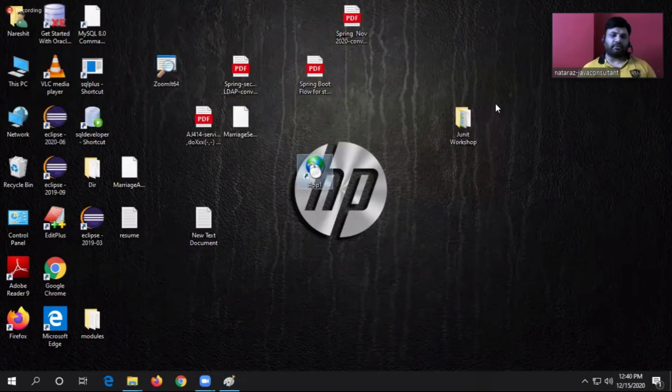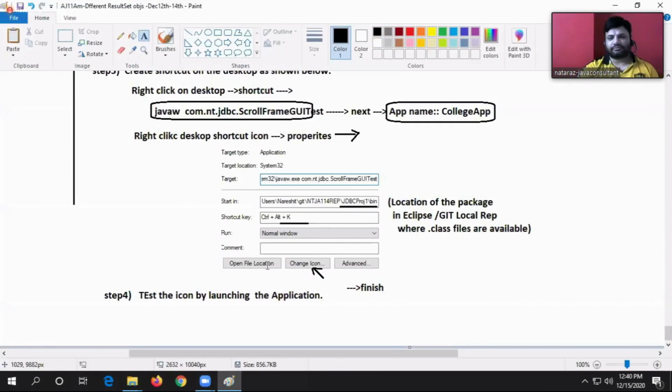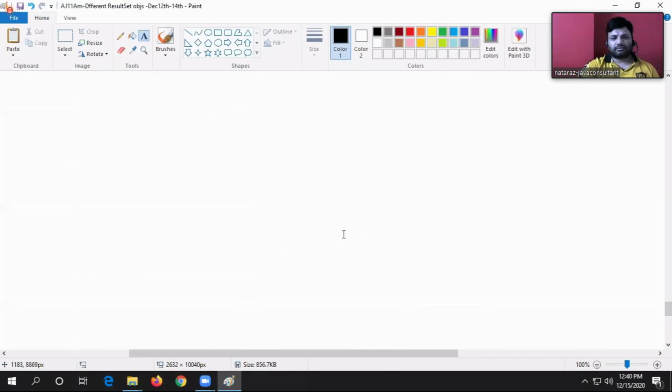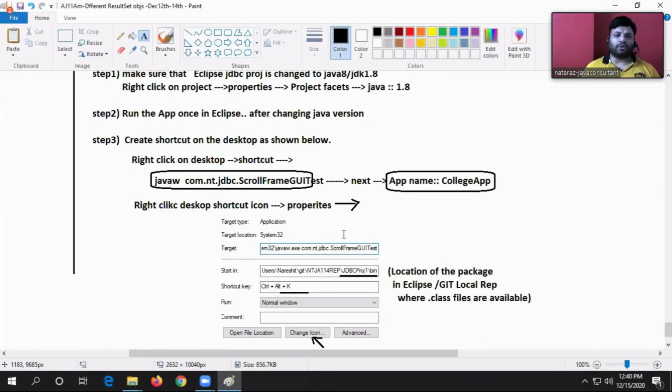If you want to do the same thing on another computer, it should also have the .class file and a database. After all, it is talking to database software. I think you are able to do it, guys. Able to do it or not? The procedure is given nicely, right?